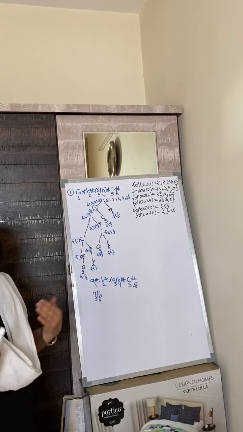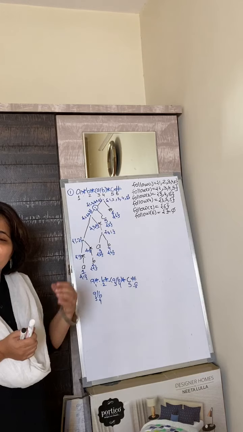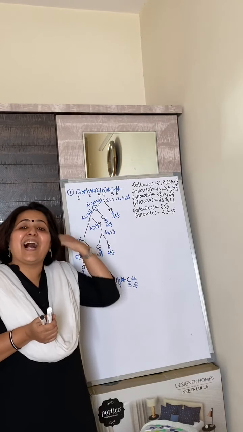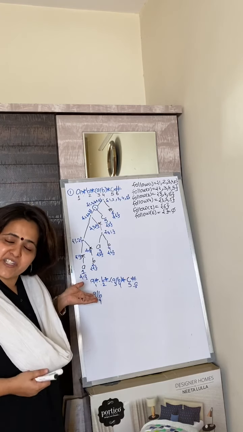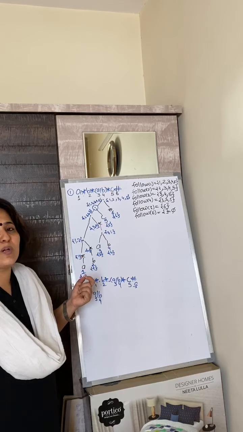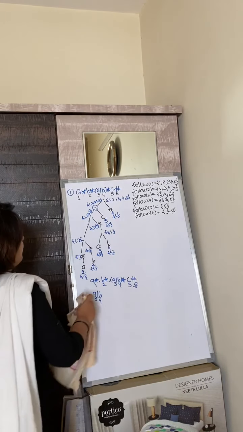Clear? Okay. So this is how we have calculated follow. Now we are going to quickly check all the possible sets we are going to have in our equivalent DFA. But for that, I'll have to make room. So I expect you have drawn this tree and you have also written the first value at each and every node, because I'll have to erase it. Okay. So let me quickly clear this out.